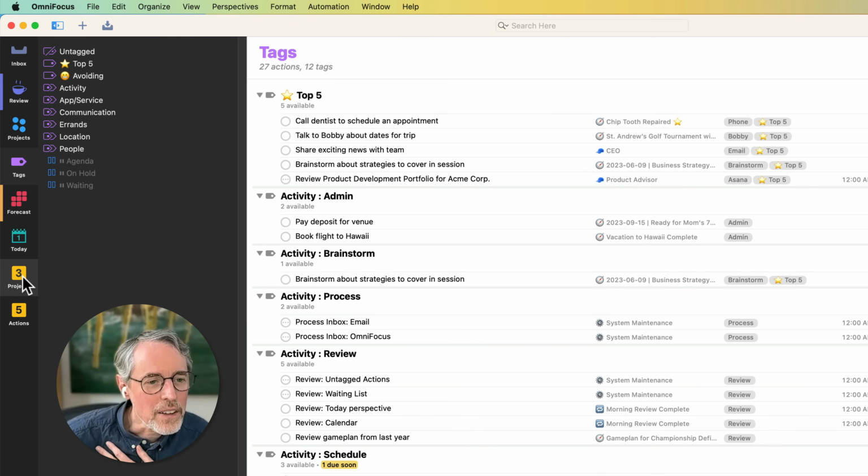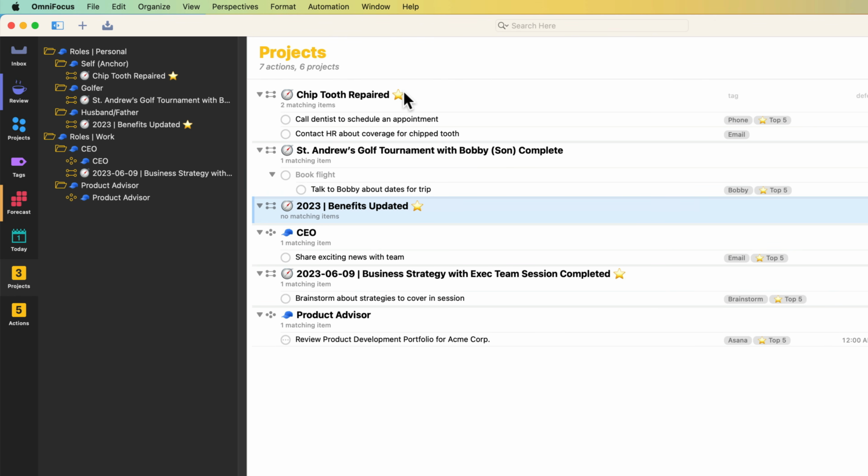Yeah, sure. So I'll go into the projects first of all. As I pointed out, some of the projects have a star, and the idea is to allow up to 3 of these projects to have stars on them. And if you want to star a 4th project, then you would remove a star on one of these other 3 to make room for it.